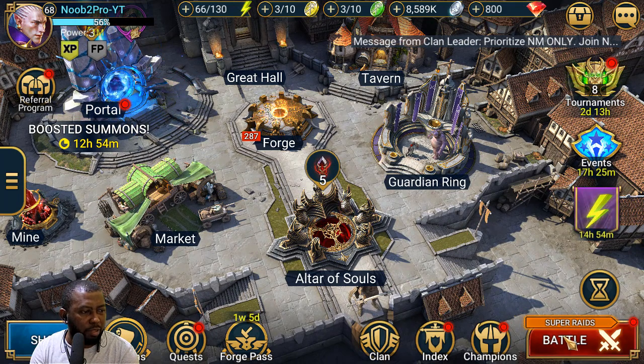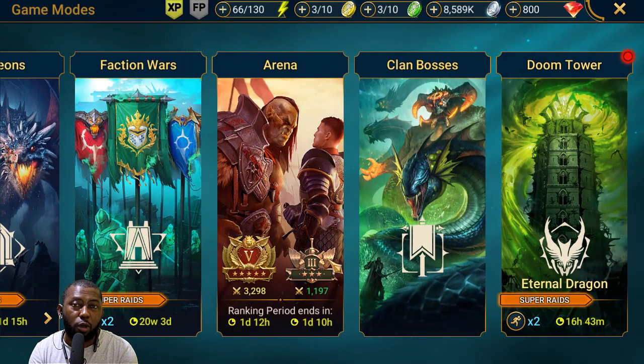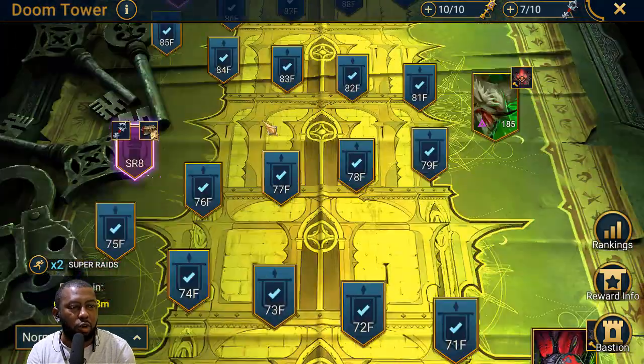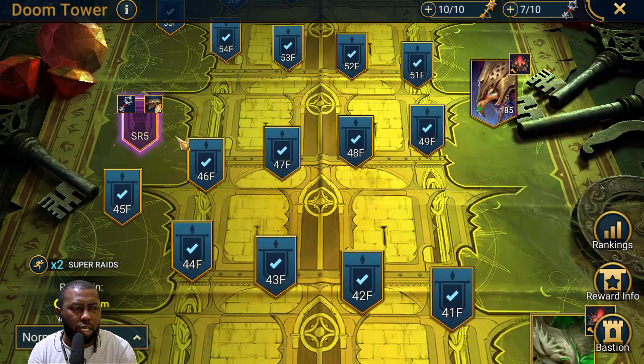The things that are about to reset in the game. You should head over to your Doom Tower, because it's about to reset in exactly 16 hours while you're watching this video. If you've not put in your secret room keys to get those new champions from the secret room,